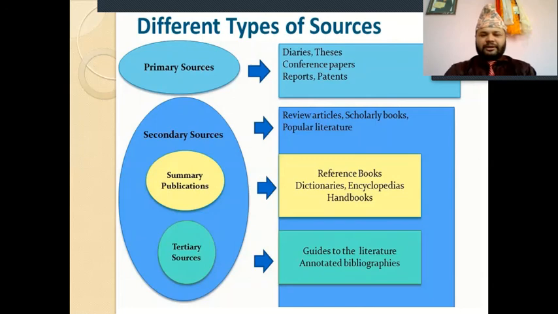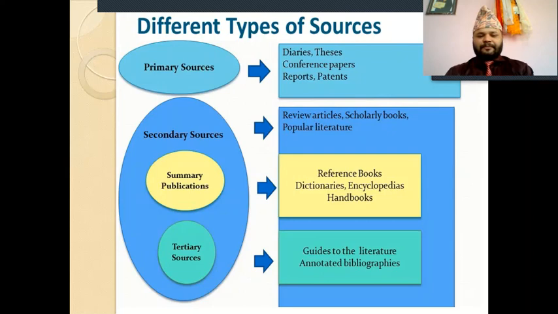This is clearly shown here. Okay, primary sources mean diaries, theses, right? Thesis means the dissertation work, the projects, right? Conference papers. These are more primarily available materials, right? If conference papers are compiled, and then that becomes a manual or a big book, right? And also the books from writers, and then the original books, they are from primary sources. Okay,